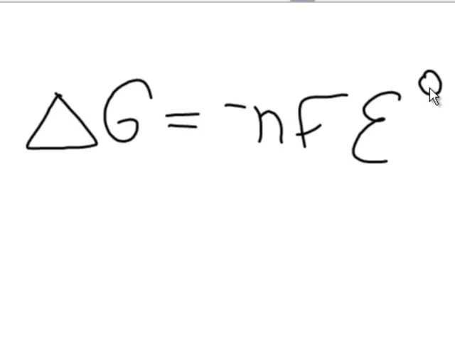Now it's time for us to introduce delta G into our electrochemistry chapter. The equation that we want is delta G equals negative nFE standard. This is the standard E cell that we've been calculating. n is the number of electrons being transferred in the reaction. And F is a constant. This constant is called a Faraday,